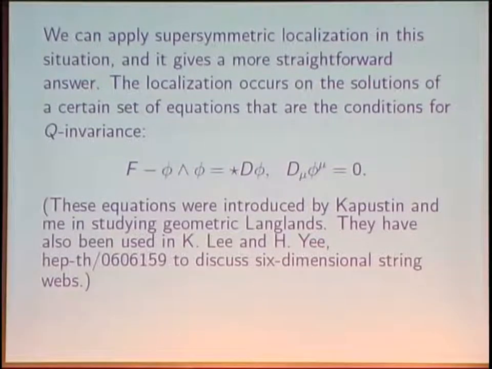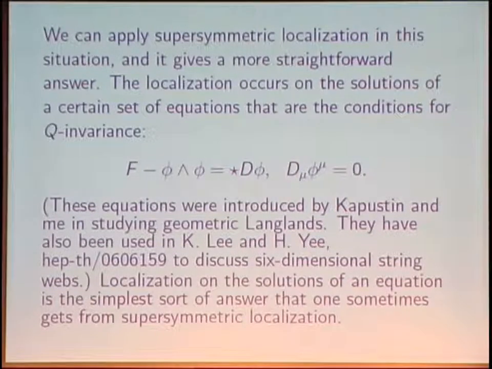So these are equations that have been studied before. They play the same role here. They're less familiar than the Yang-Mills instanton equations, but they play an analogous role to the role that the instanton equations play in other problems. In N=1 super Yang-Mills, supersymmetric localization can restrict to solutions of the usual Yang-Mills instanton equations, and here you get these equations instead.